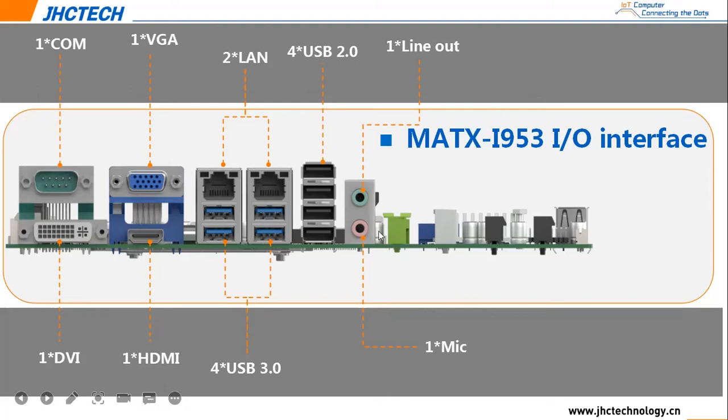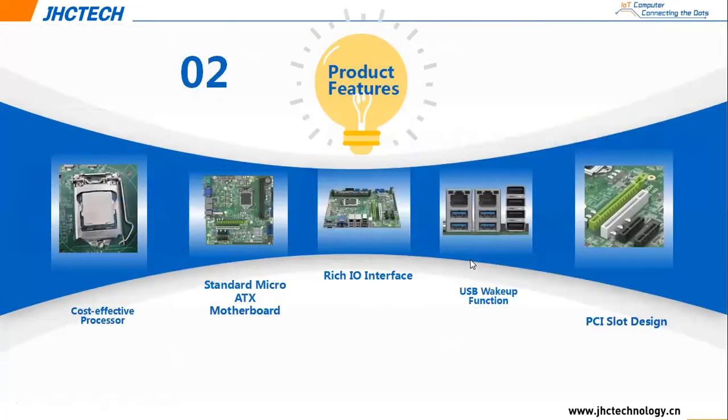And also there are 4 expansion slots here. So what product features does it have? I will introduce from the following aspects. For example, the cost-effective processor and the standard micro ATX motherboard, rich I/O interfaces, USB wake-up function, and the PCI